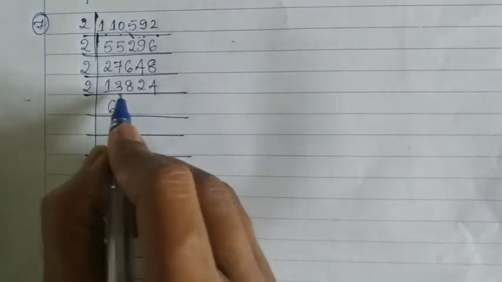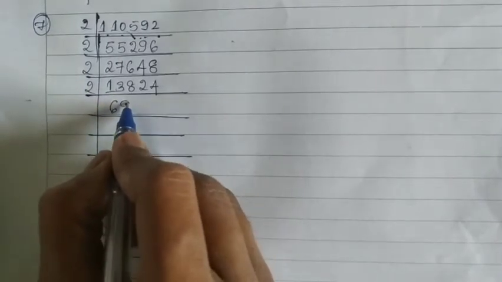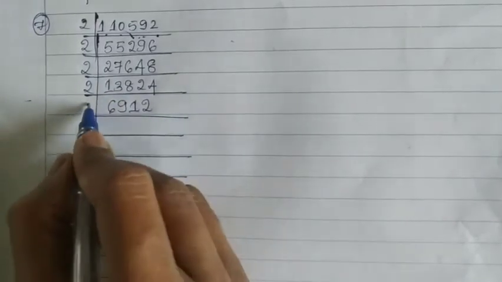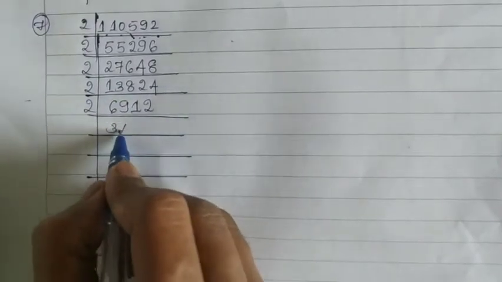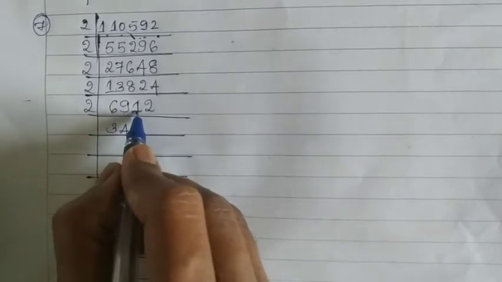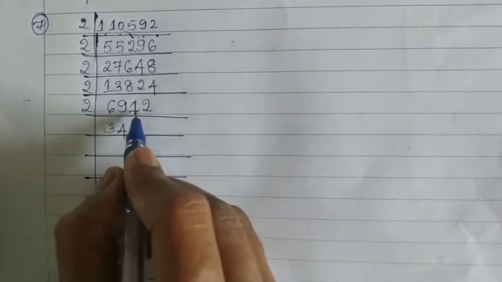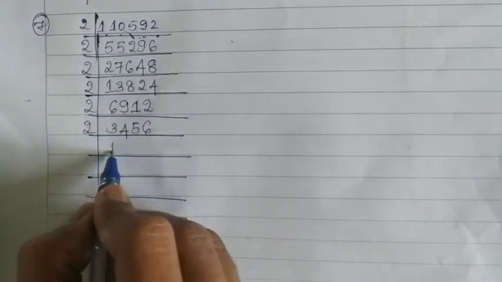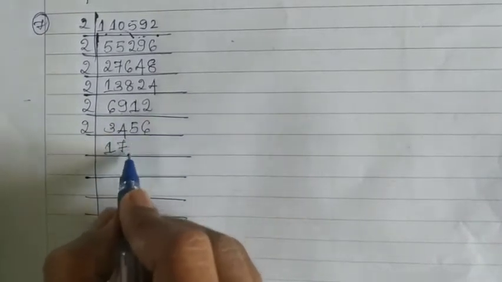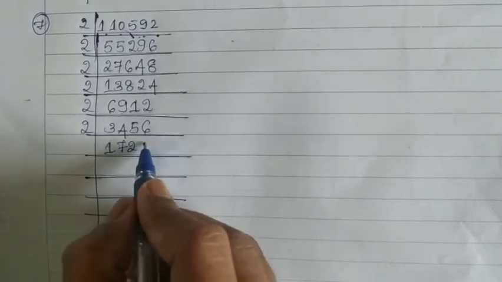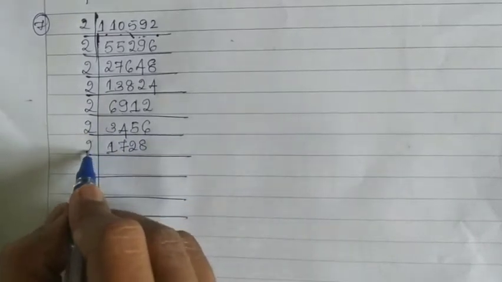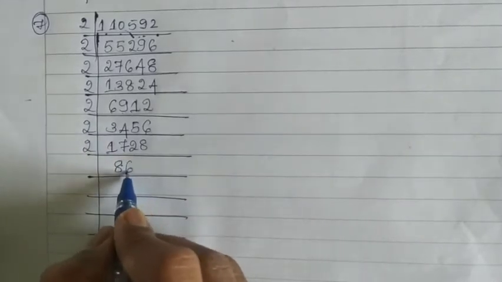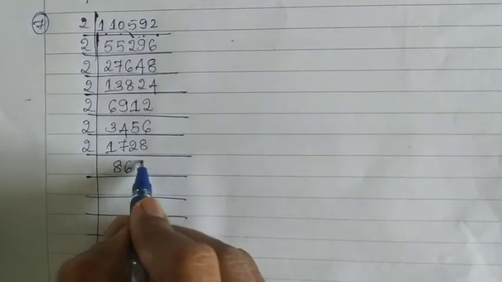2 6s are 12, 1 is remaining, it becomes 18, 2 9s are 18, 2 1s are 2, 2 2s are 4. From 2, 2 3s are 6, 2 4s are 8, 1 is remaining, it becomes 11, 2 5s are 10. This becomes 12, 2 6s are 12. From 2, 2 1s are 2, 2 7s are 14, 2 2s are 4, 1 is remaining, 2 8s are 16. Now from 2, 2 how much is possible here? 2 8s are 16, 1 is remaining, 2 6s are 12, yes, 2 4s are 8.